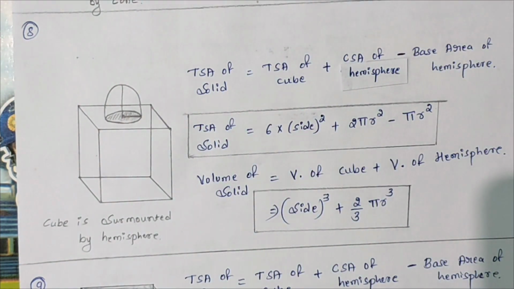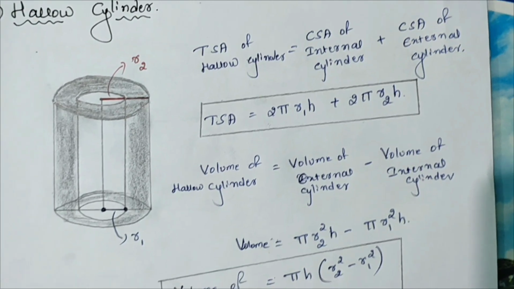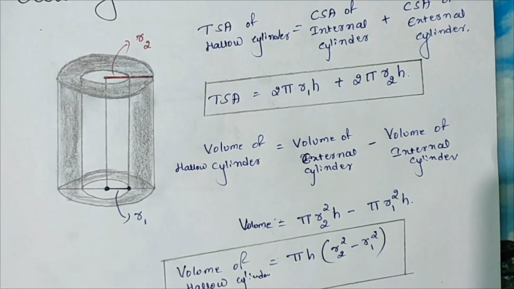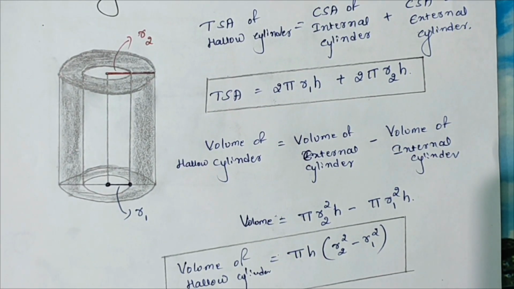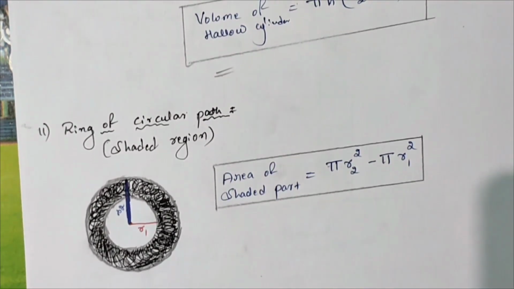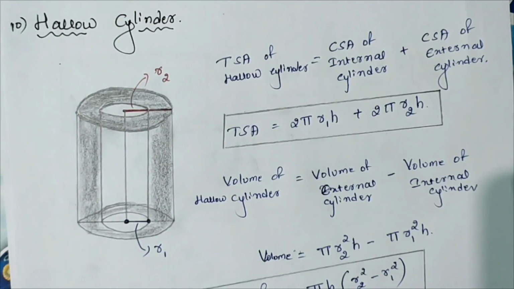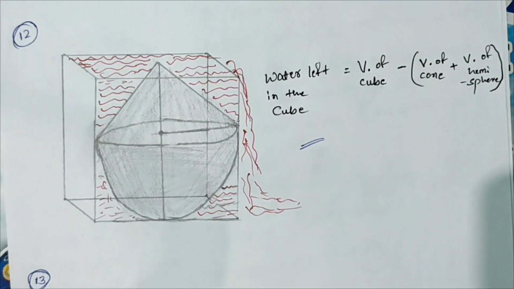Go through it. Dear students, we are having some more models like the previous ones. Their formulas and their terms are given in the description box. Go through it and learn the concept, and it would be helpful for your better understanding, and while solving problems it would be very easy for you all. And here are the models.